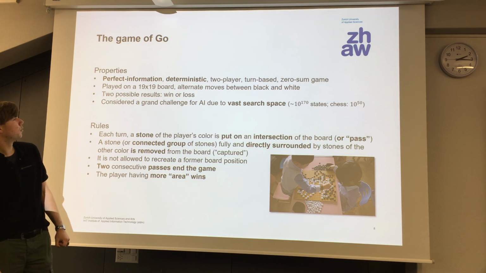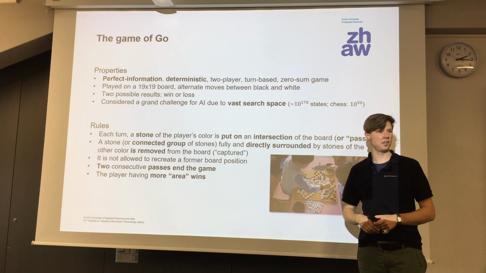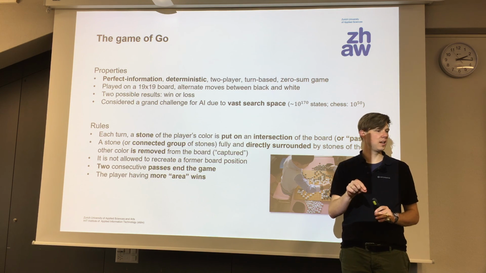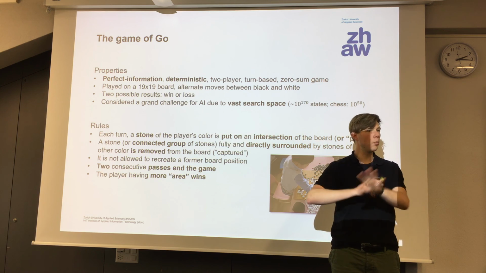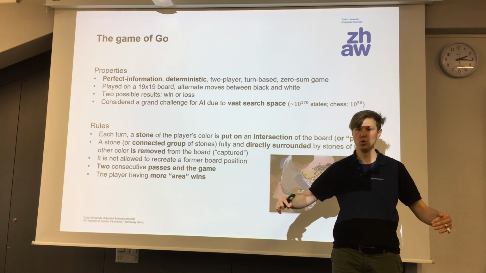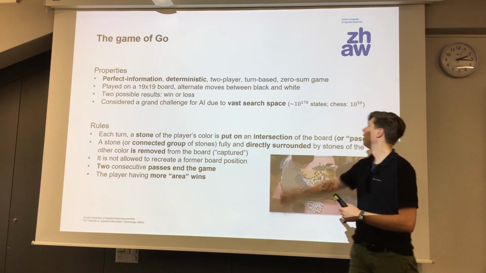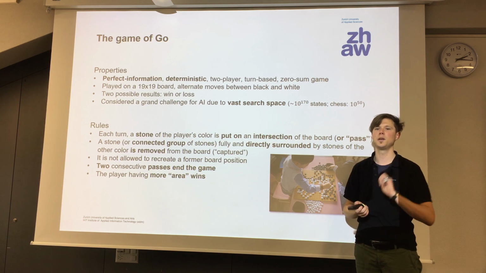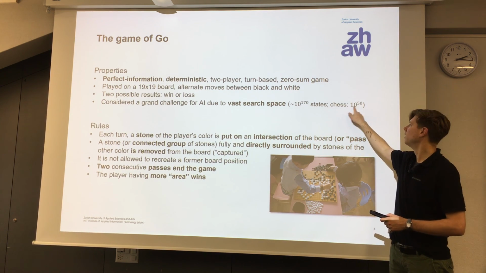Some figures about the game of Go. The problem in Go is that it has a very big search space. From one action you take, there are so many possible next actions in every move that, from now to the end of the game, there is a huge number of different states you would have to search in order to be sure which one is the best move. In chess, this was a problem 20 years ago.